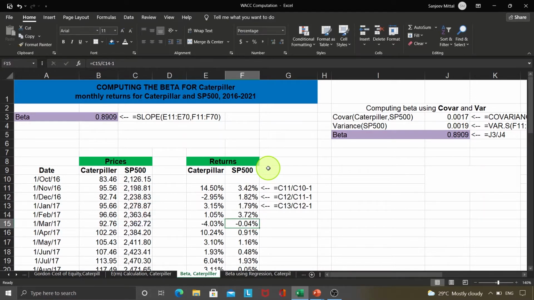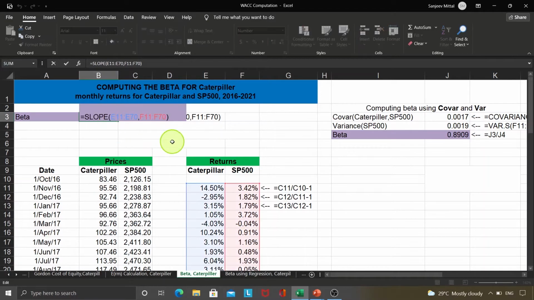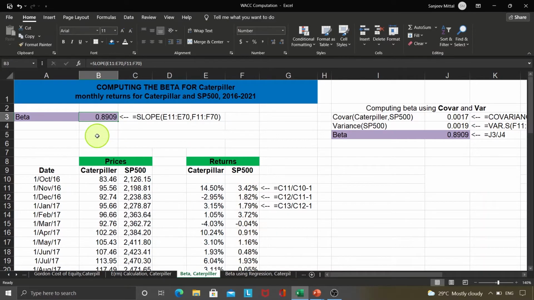Now, for calculating the beta, there is a specific formula in Microsoft Excel. The formula is SLOPE. If you use this formula, equals SLOPE, you shall select all the return details for Caterpillar Incorporation and the return details for S&P 500, and we shall get our beta, which is